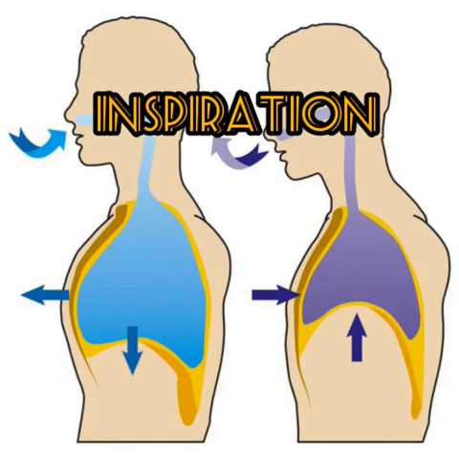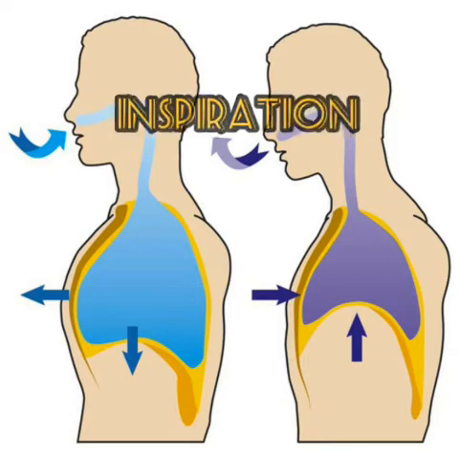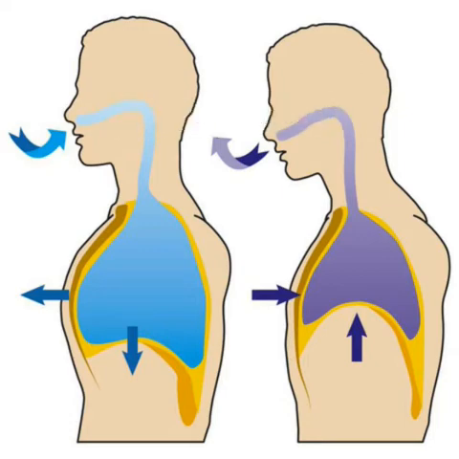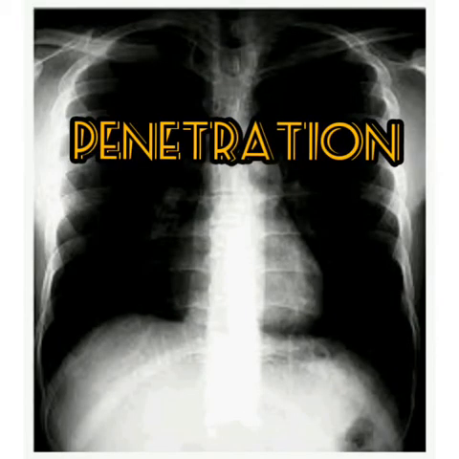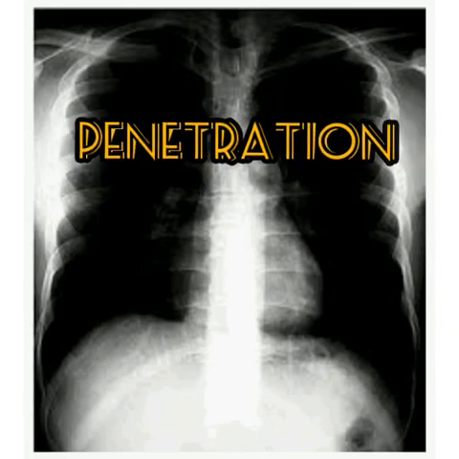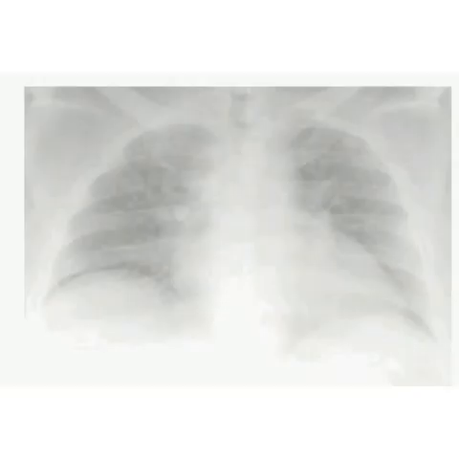Check adequacy of the inspiration, in which 5 to 6 anterior ribs, lung apices, and both costophrenic angles should be visible. Penetration describes the extent to which the X-ray passed through the body. In an X-ray with good penetration, the vertebrae behind the heart are barely visible and the diaphragm can be traced up until reaching the edge of the spine.